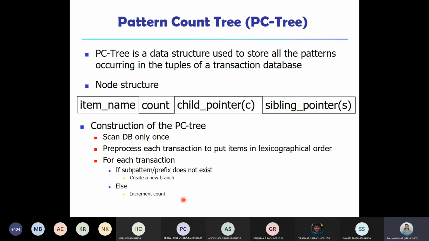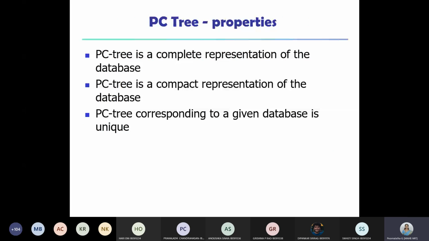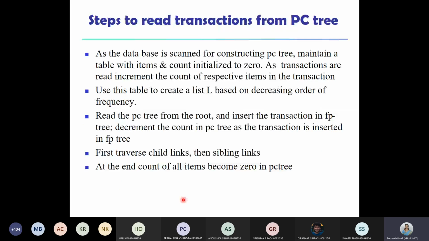As the database is scanned for constructing the PC tree, maintain a table with items and count initialized to 0. The first time we are scanning the database, reading the transactions one by one, for each we need to maintain a table with the item name or item ID and the count. To begin with, count will be 0.